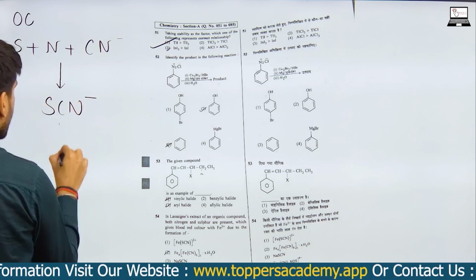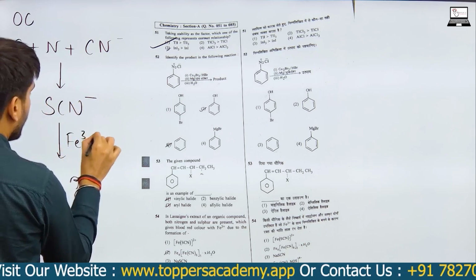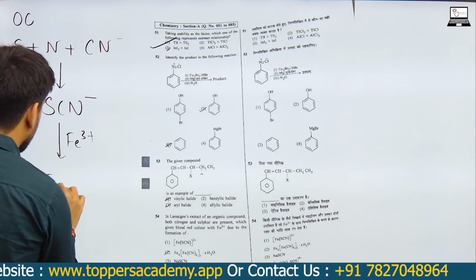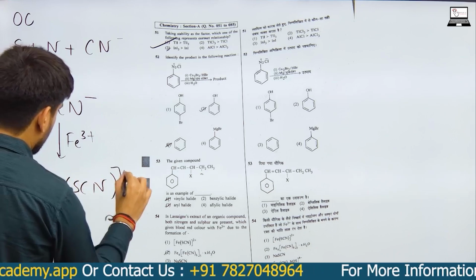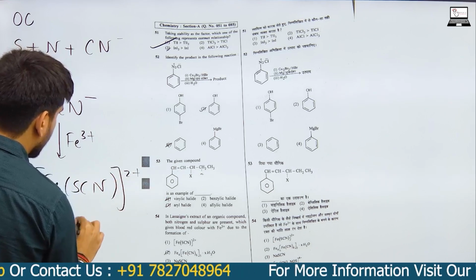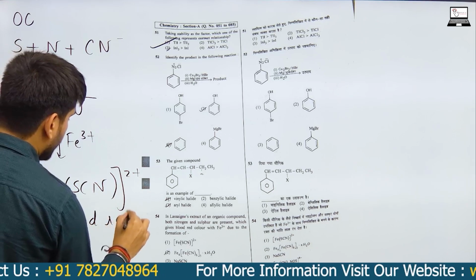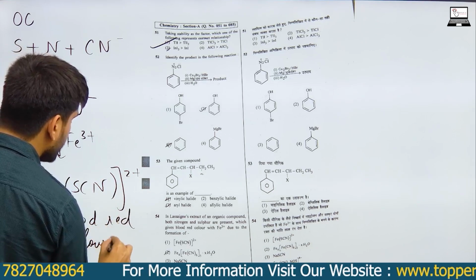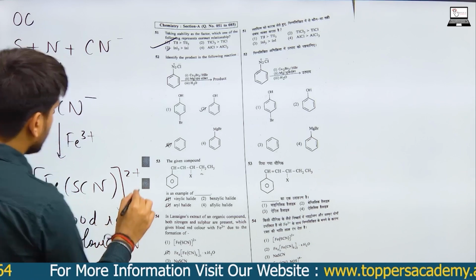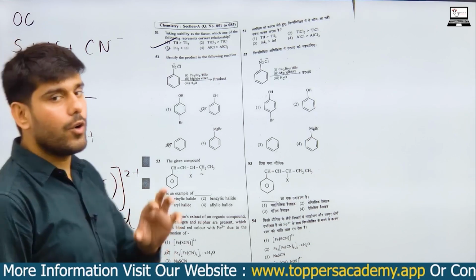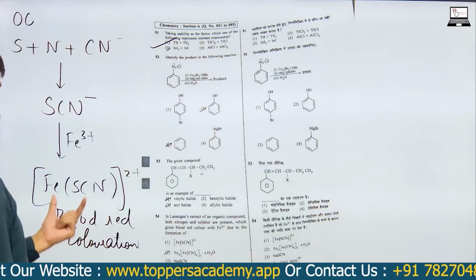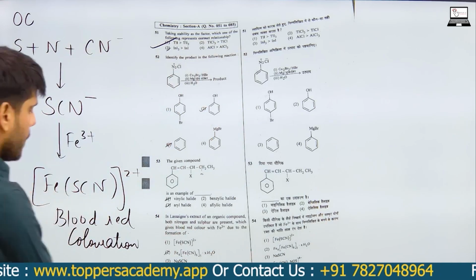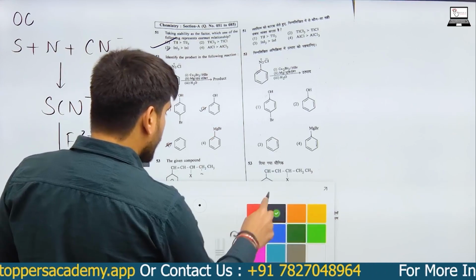Now when this reacts with Fe3+ ions, what do we get? We get something of this sort, and this shows blood red coloration. So blood red coloration is an indication that in an organic compound, both sulfur and nitrogen are present. So the blood red coloration is because of this compound. So if we see the next question,